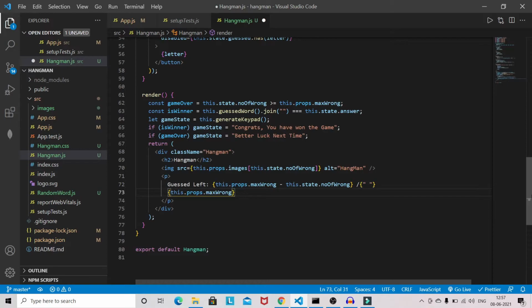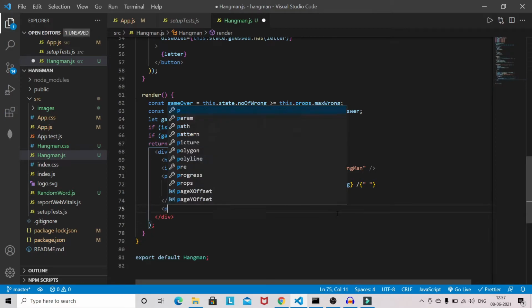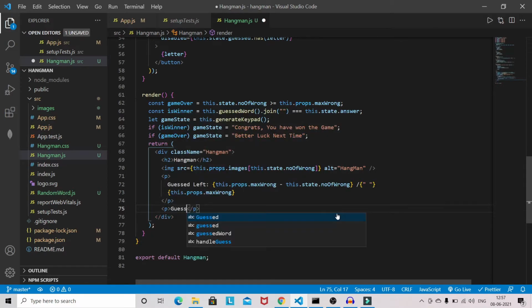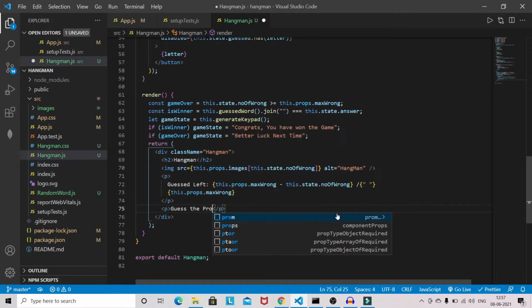So this will show how many guesses are left. Then we have to use one more p tag, so I'm giving the heading like guess the programming language.